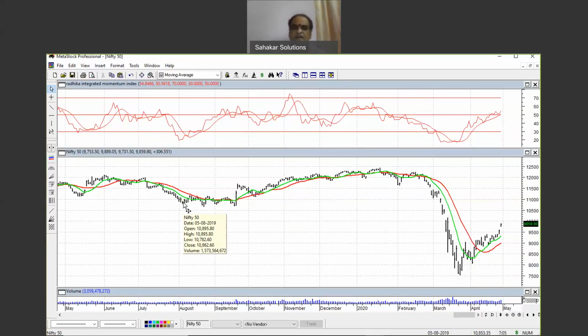And in the same way, when price comes from above, meets the moving average and does not penetrate it, then the price will witness a bullish trend, as you would see here very easily. And at certain points of time, you will see the moving averages act both as support and resistance for the price. You can see here it acted as support, here it acted as support, and somewhere here it acted as resistance.